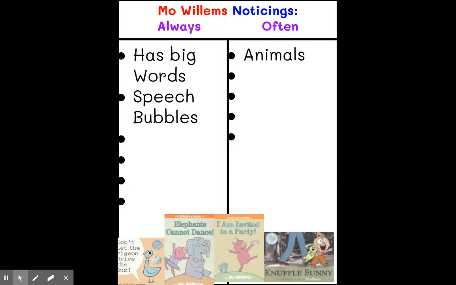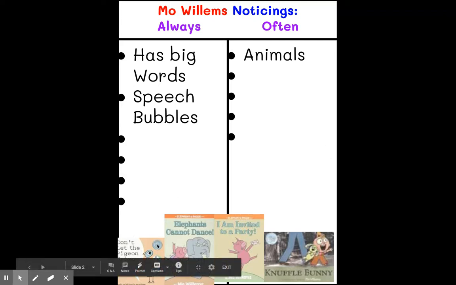This week, you may have noticed that we have read all books by the same author, and this author is named Mo Willems. Sometimes authors write many books, and sometimes they have the same things in each book, even though they're different. So if you look at the bottom, the covers of all four of the books we read this